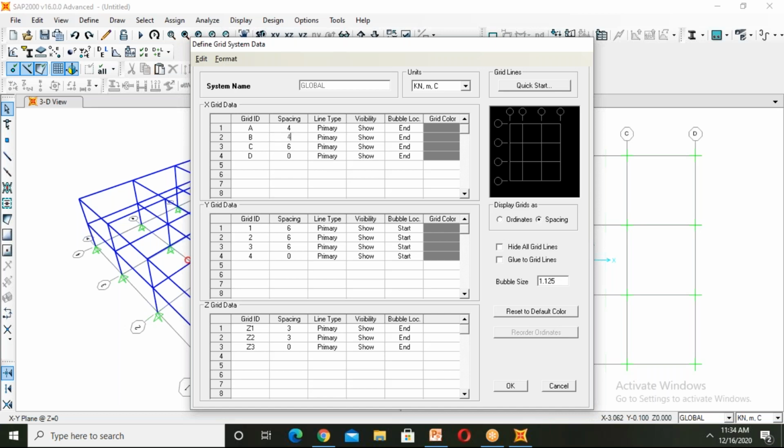As I want only two-way, two-story, I'm giving A and B and C as 0. Just click on delete, as I want only 2 by 2 story.